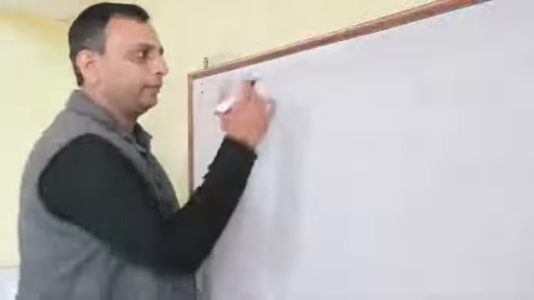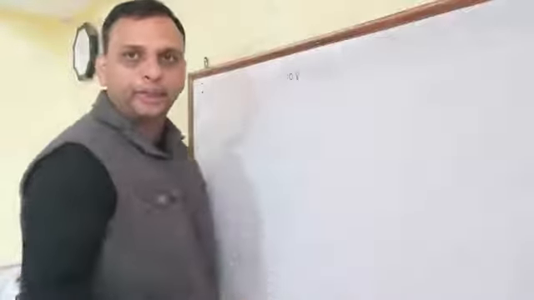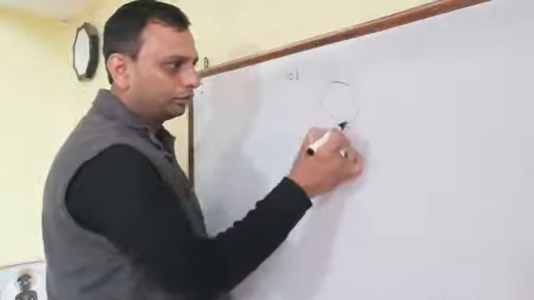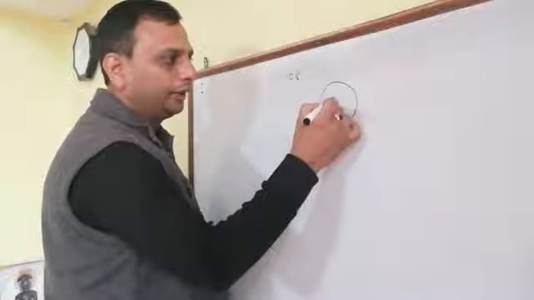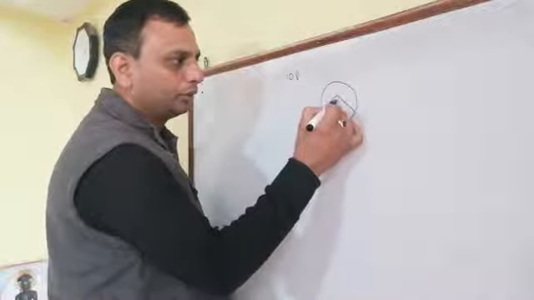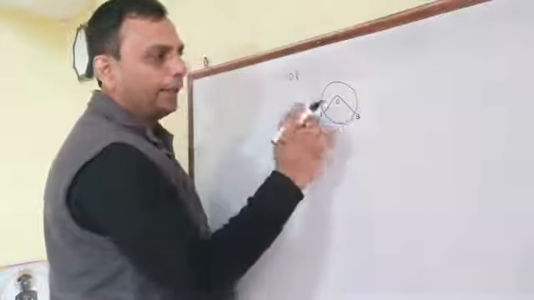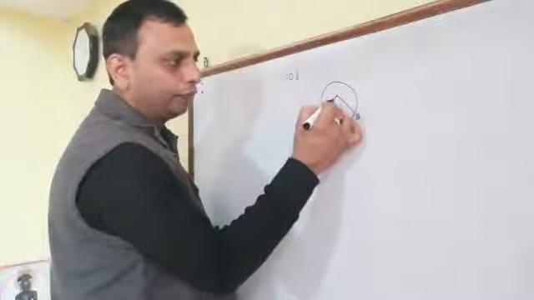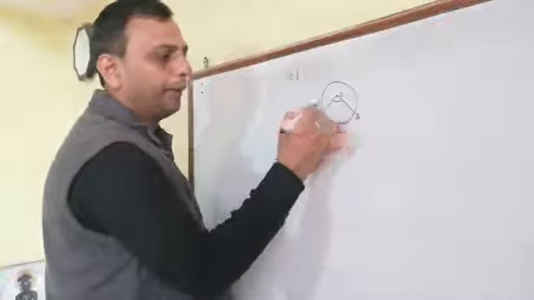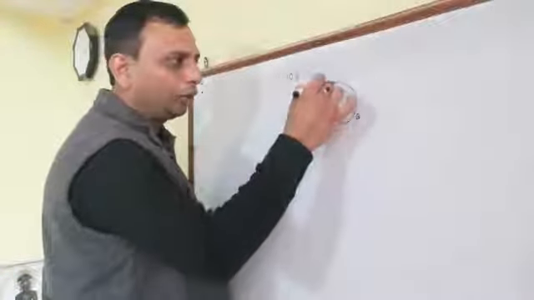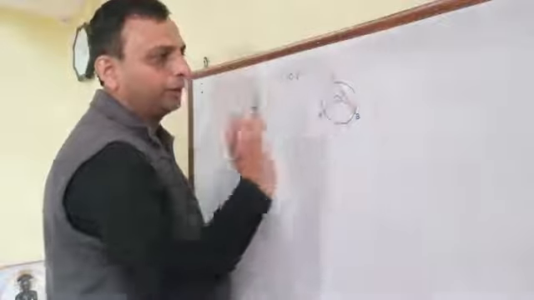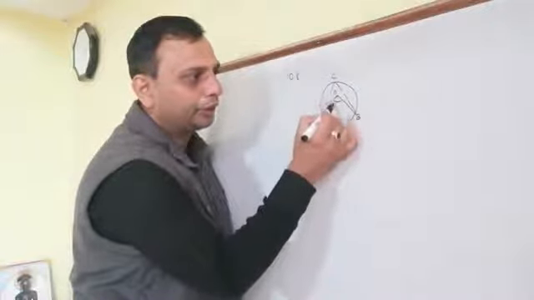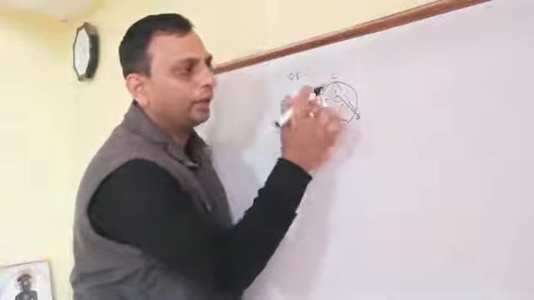First, the 10.8 theorem says that, according to this theorem, if there is one circle and here is the angle formed. Suppose this is AB. The angle formed at the center will be double the angle formed in the remaining part of the circle. We will take one example. Suppose here the angle is 200, and this angle is 100.